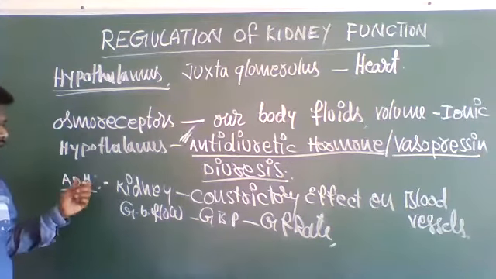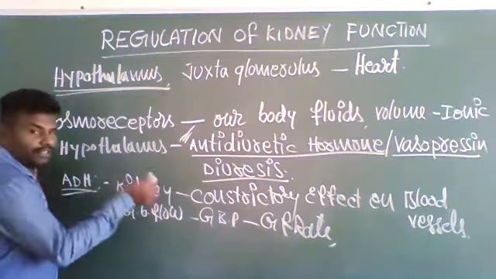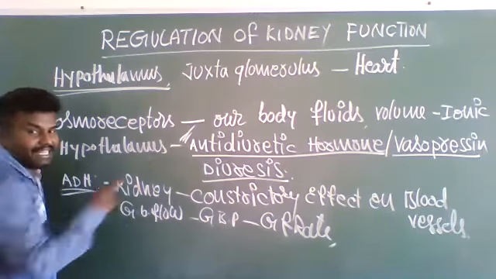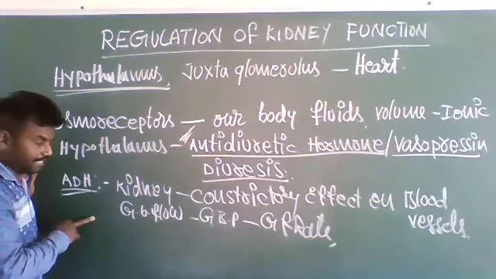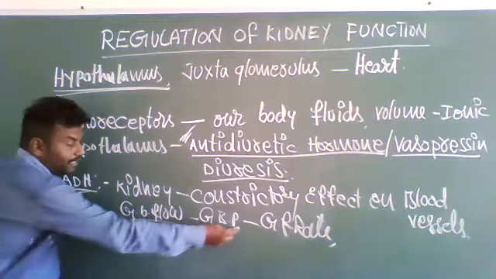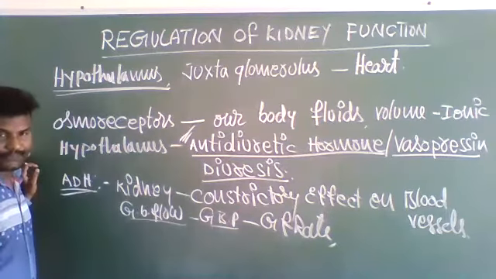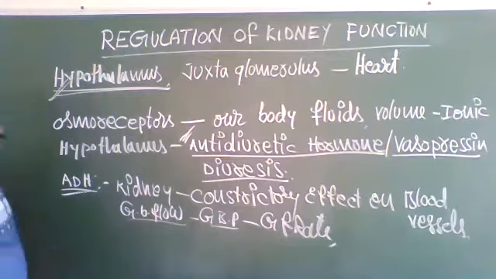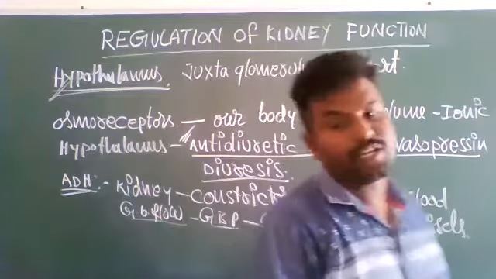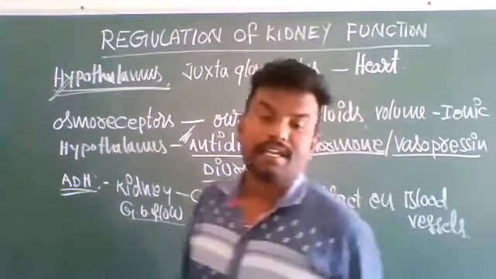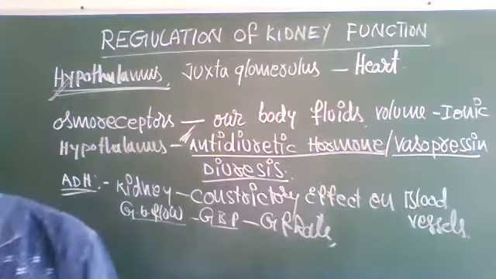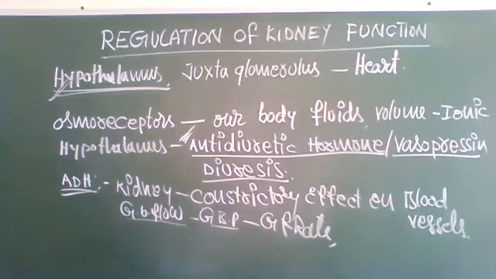Antidiuretic hormone also plays an effective role in kidney function by its constrictory effect on blood vessels. That is, glomerular blood flow, glomerular blood pressure, and glomerular filtration rate are regulated in such a way. So this hypothalamus continuously monitors and regulates the kidney functions. Okay, that's it. Next one is